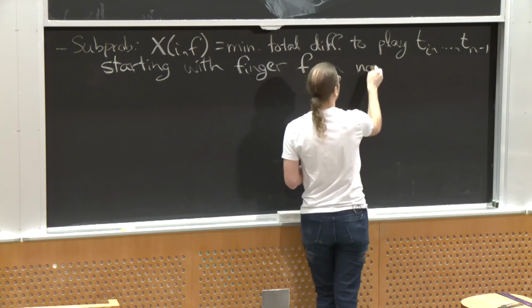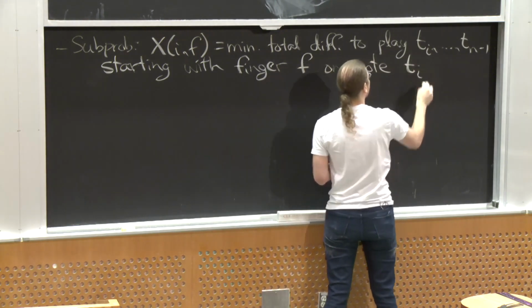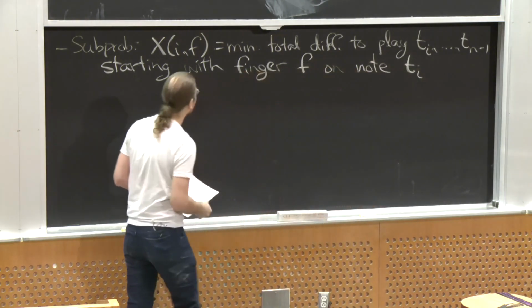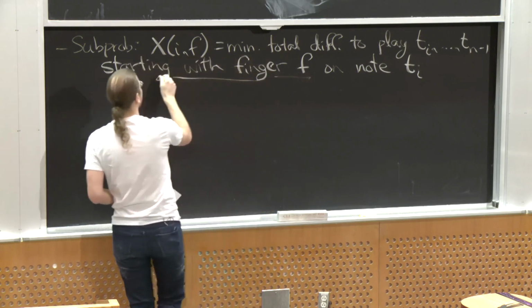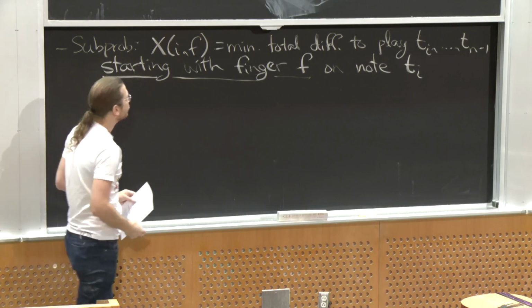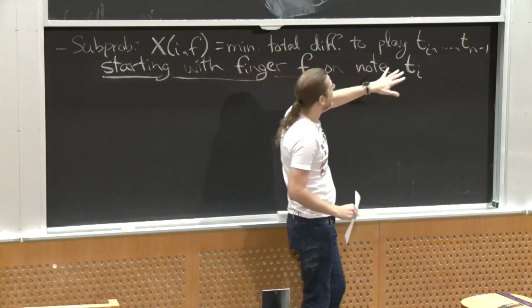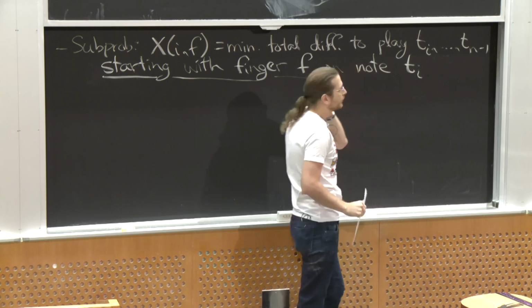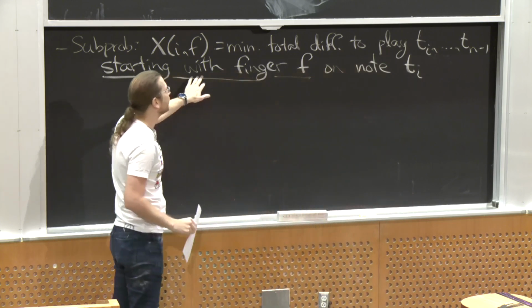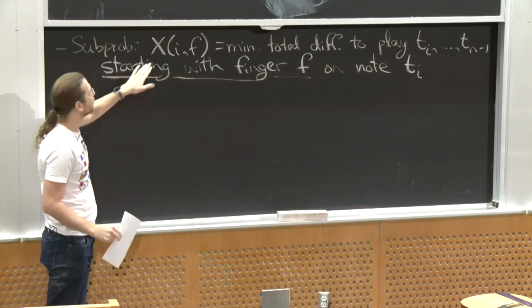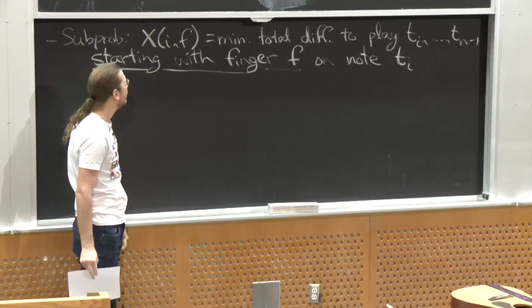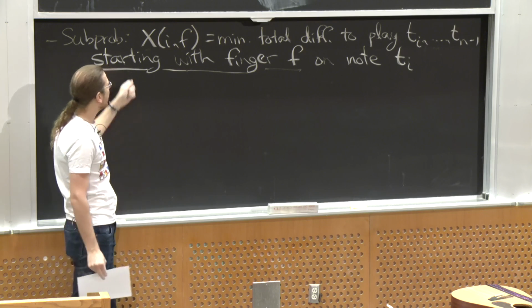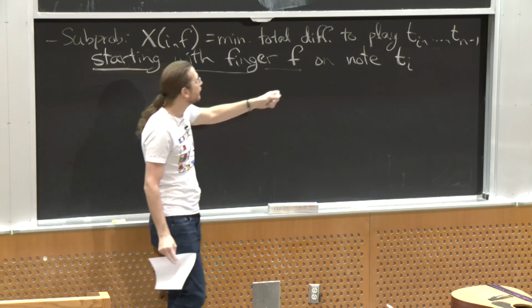Okay, so the obvious subproblems would be without this constraint. This here is a subproblem constraint. And you could try to define the subproblems just as what's the best way to play a suffix. But I claim it's important to know which finger we start with. So we're going to multiply the number of subproblems by capital F, which is just 5, so a very small subproblem expansion. And then we're going to constrain each subproblem to say, well, what if I started with my first